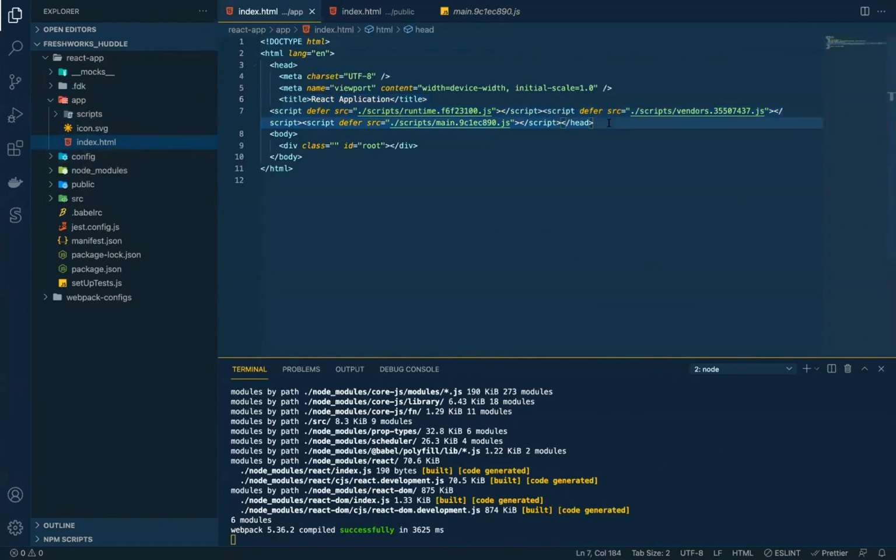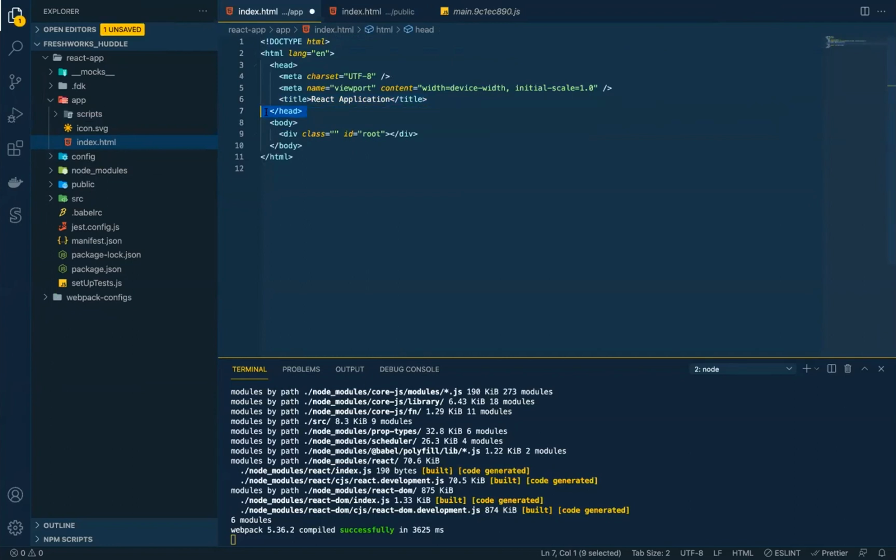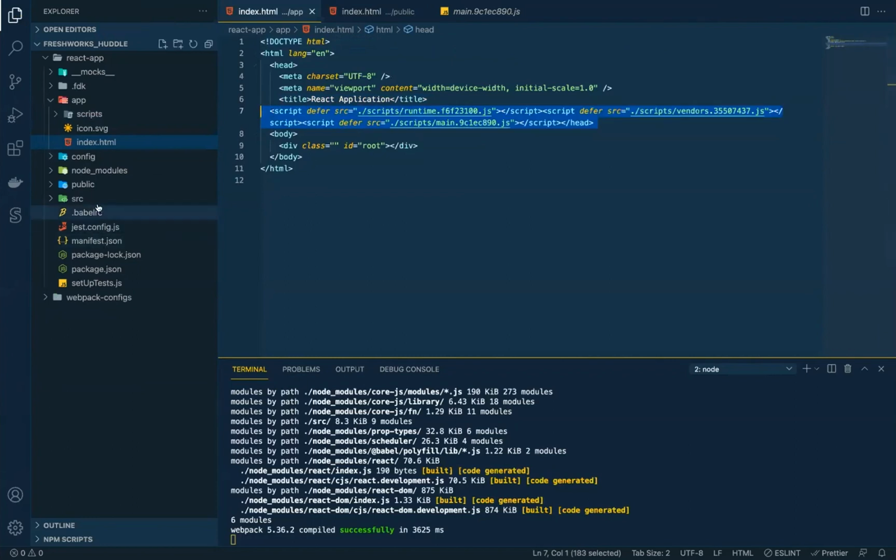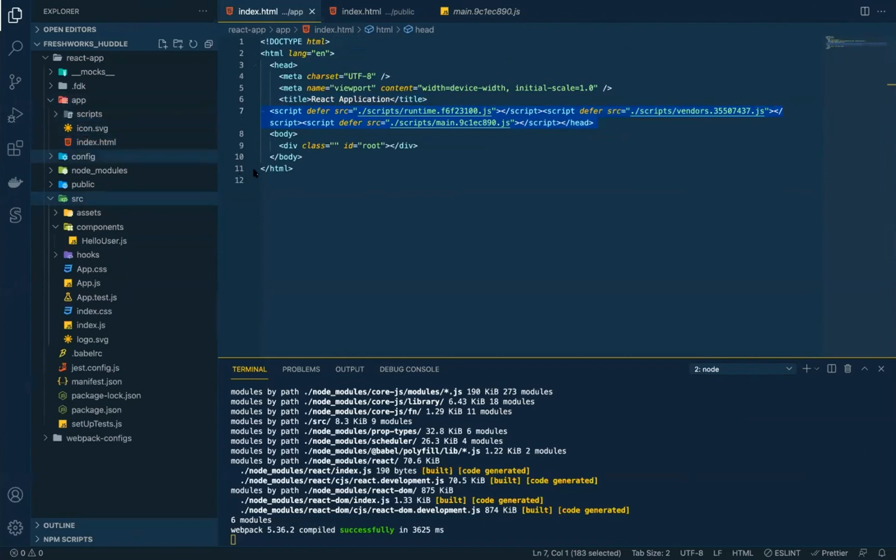Because if you have noticed earlier, there was no script in there, right? So if I undo it, there is no script in there. What my FDK essentially did is compile all the assets from all the components in the source folder, create new assets, and include them in the index.html. That is what my Webpack did.